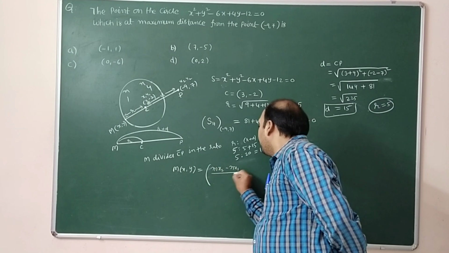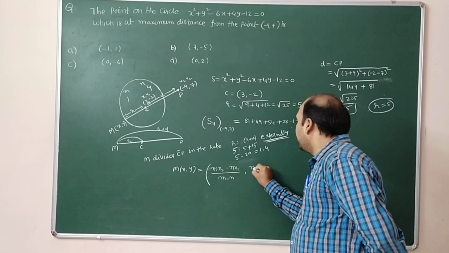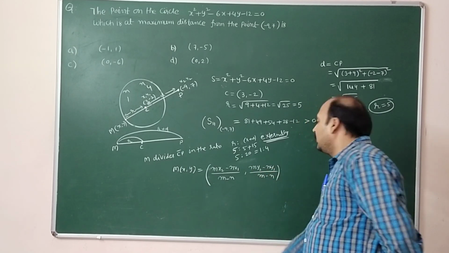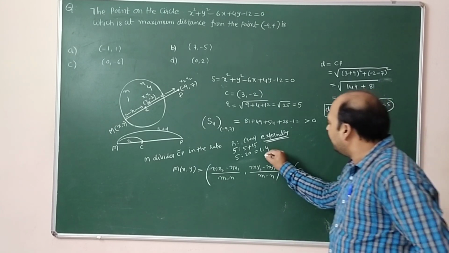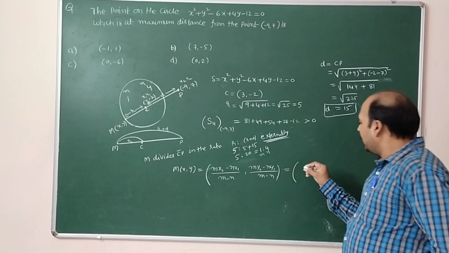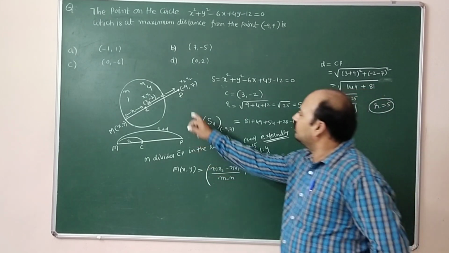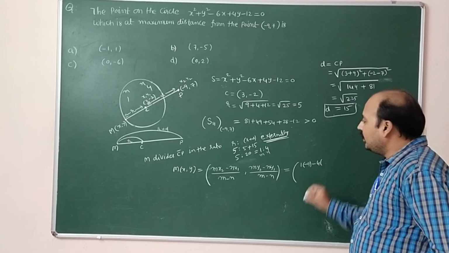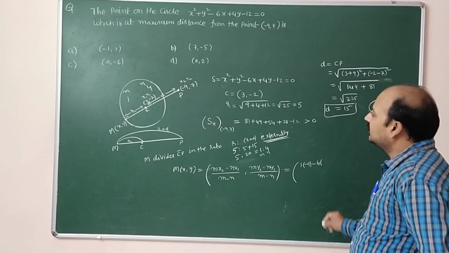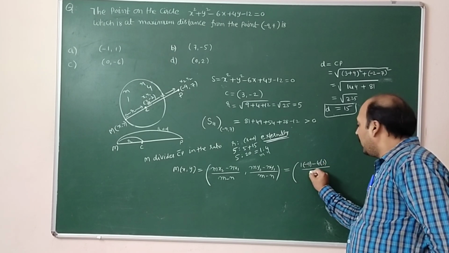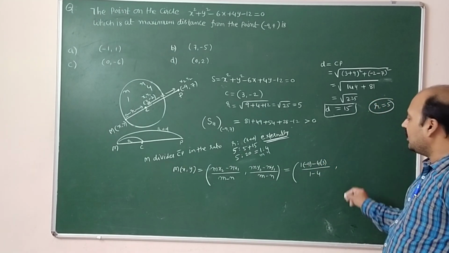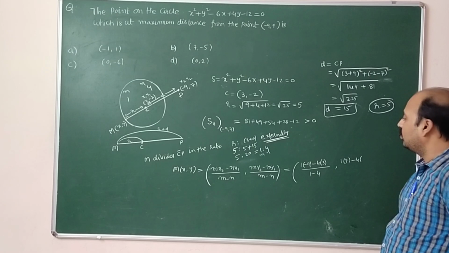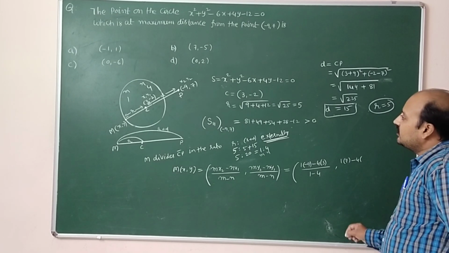minus nx1 divided by m minus n, my2 minus ny1 divided by m minus n, which is equal to m value, n value. This is m, this is n. M value is 1 into x2 value minus 9, minus n value is 4 into x1. x1 value is 3, divided by 1 minus 4. Similarly, m y2, 1 into y2 value is 7, minus 4 into y1 value is minus 2